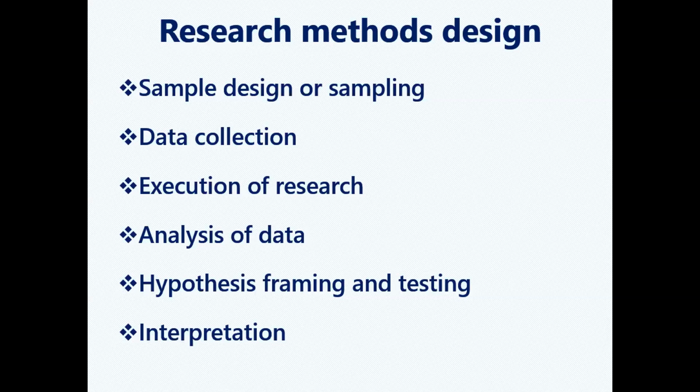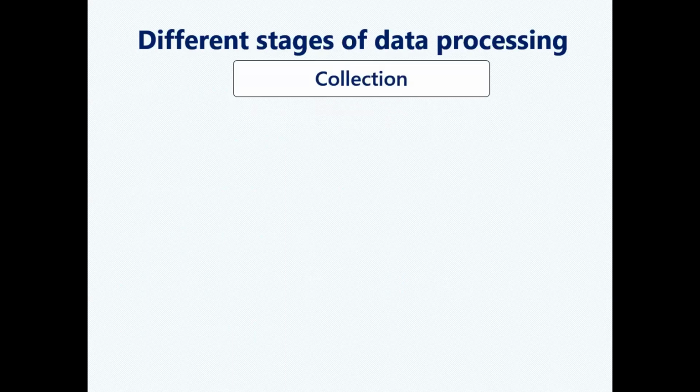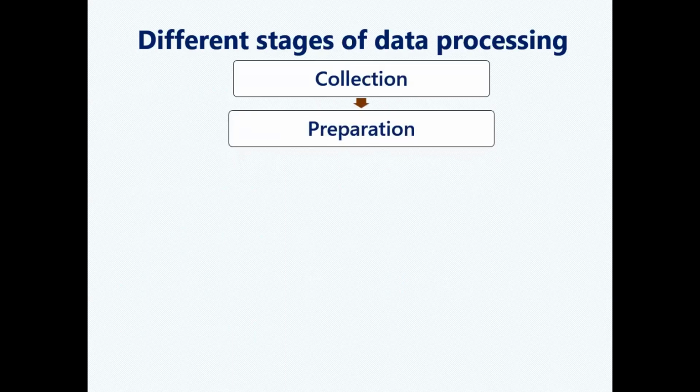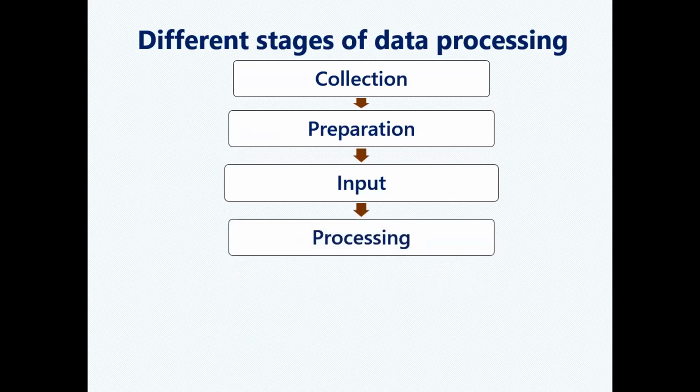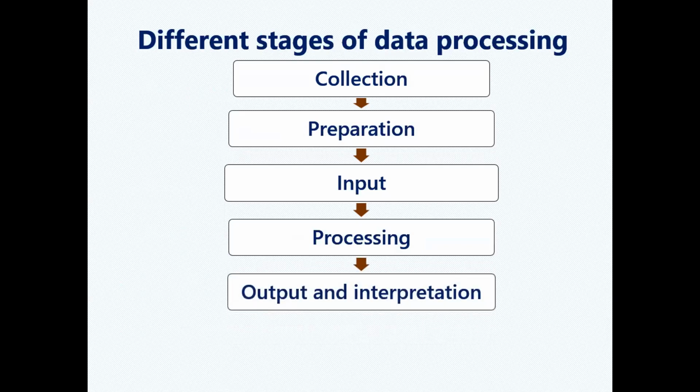Yes, ma'am. Okay. Now we are done with the data processing, but what are the data processing stages you should remember? First, you have to collect data, the preparation, like how you are going to collect and all that, then analyze the input, your processing, your output and interpretation. Like how I collected the data, input it in Excel, processed the analysis, and then got the output, like how I got my 0.98, and I know the interpretations. So these are the very basic steps for processing your data.